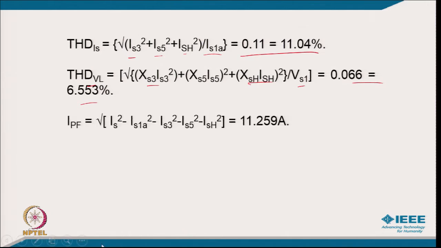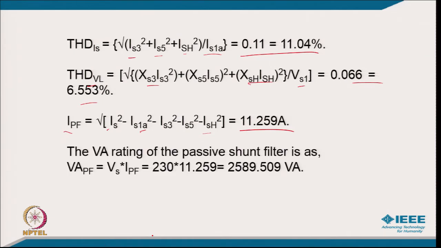6.553%, and your passive filter current will be the square root of IS squared minus all the current going to the load. So, it comes 11.259 ampere, and the VA rating of the passive filter will be Vs into IPF, because the voltage across the passive filter is the same as the supply voltage. So, it comes